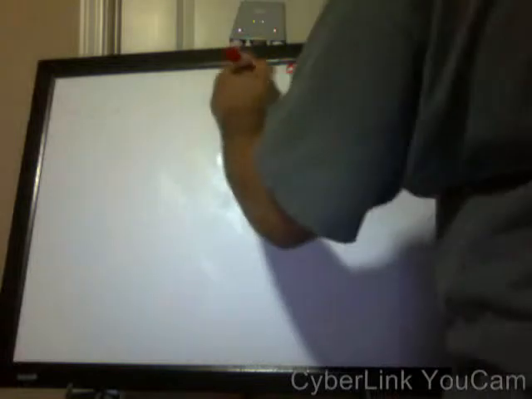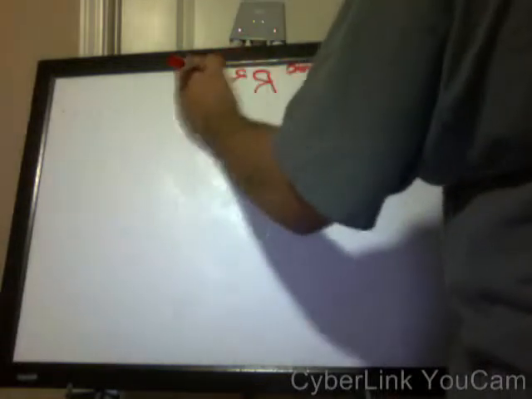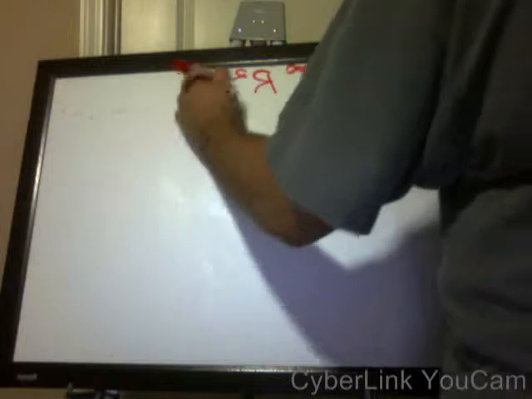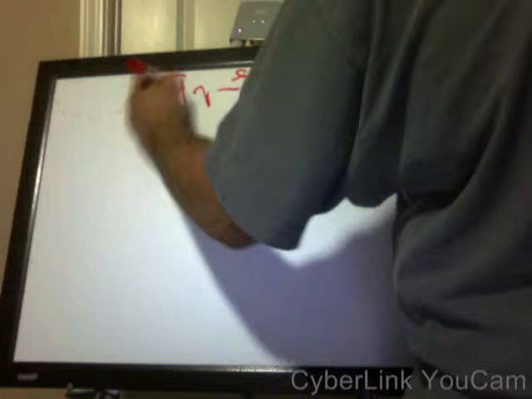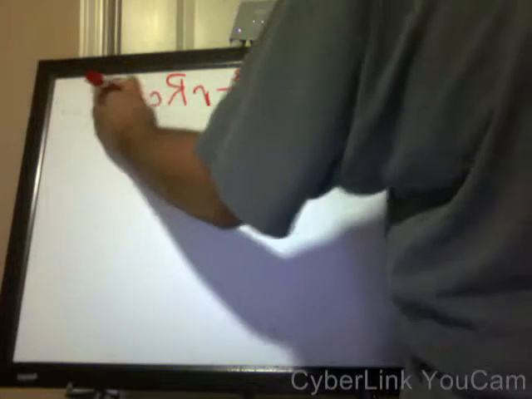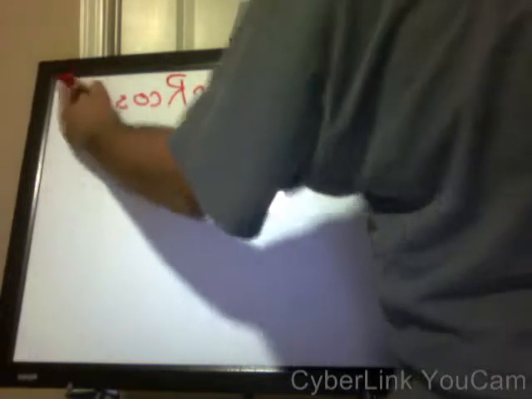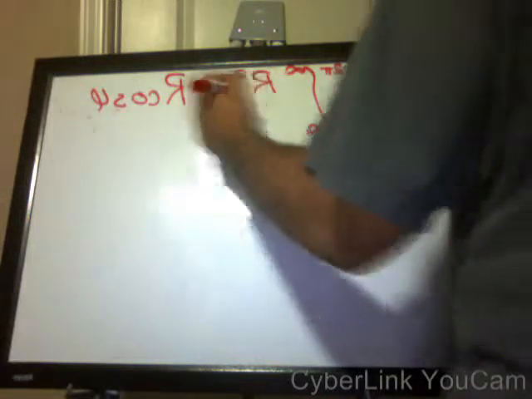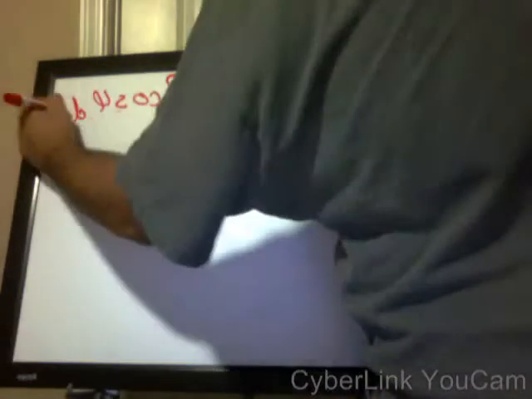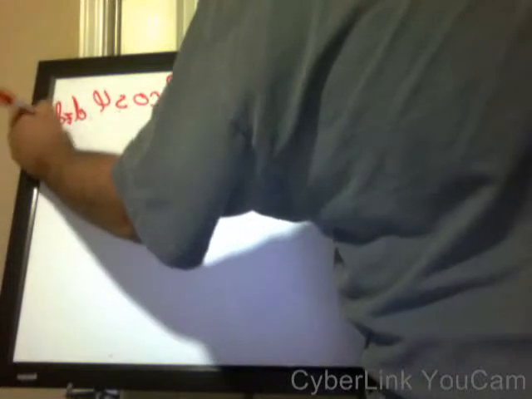This reduces to r squared minus little r times big R cosine phi dz d phi